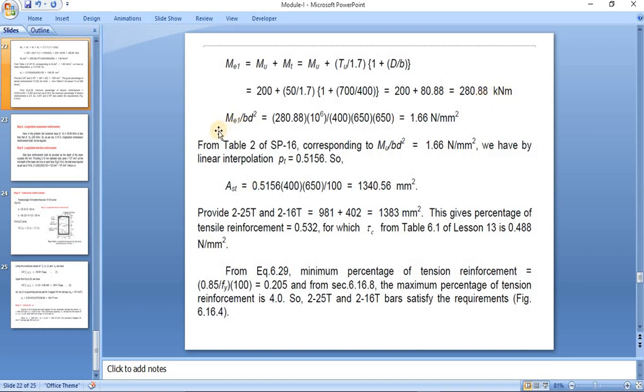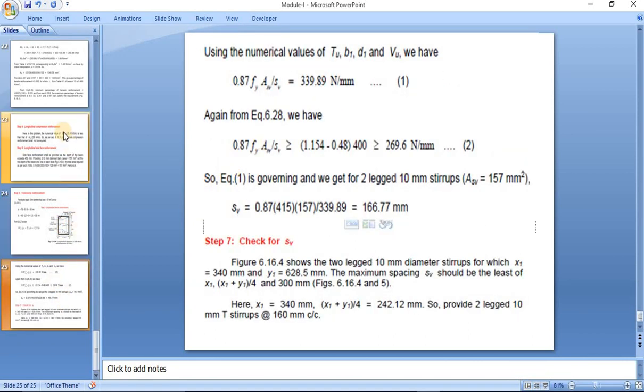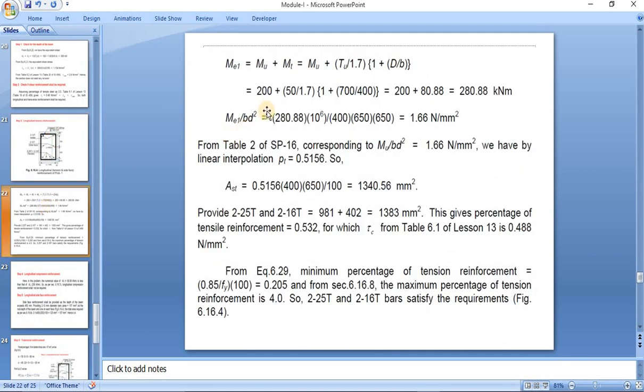According to this, we need to provide the longitudinal reinforcement. In design of concrete structure 1, you have already seen how to calculate the transverse reinforcement and the longitudinal reinforcement if I get a bending moment value. So rather than calculating all those things, AST values and other things, I can directly refer to SP16. I will show you SP16 in the next session. That is IS code SP16.